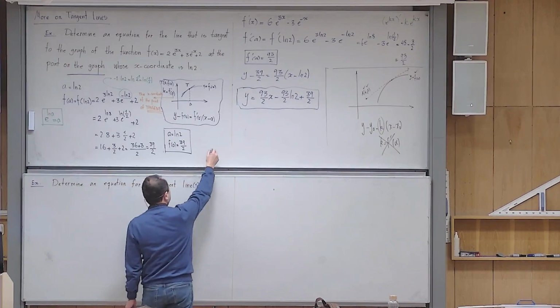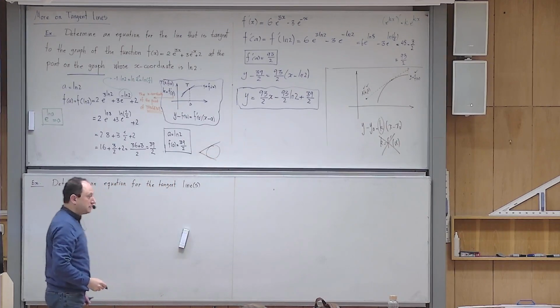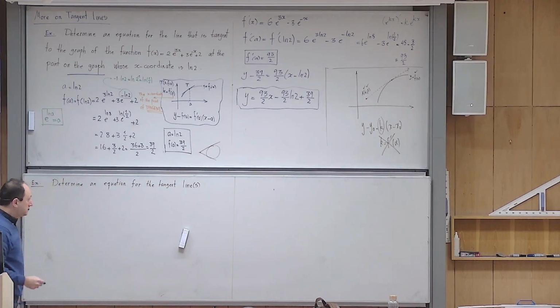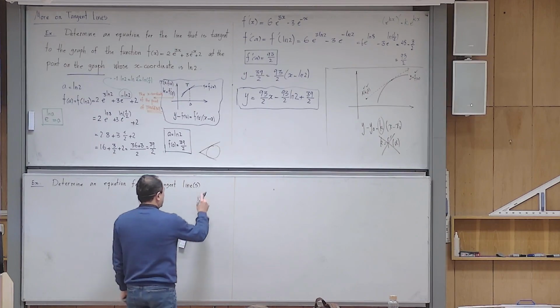For example, the very famous one is the circle. If I give you a point here, you can draw this tangent, you can draw that tangent, yes? So we don't know how many tangents there are, which is why I put it in parentheses. Determine an equation for the tangent line or lines